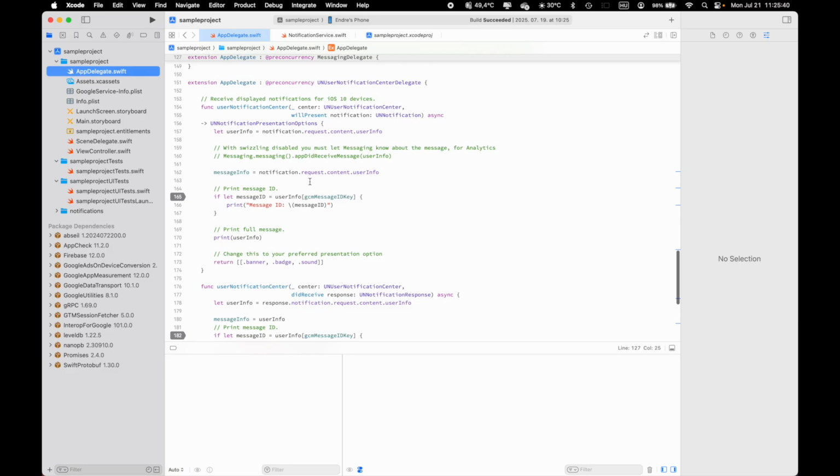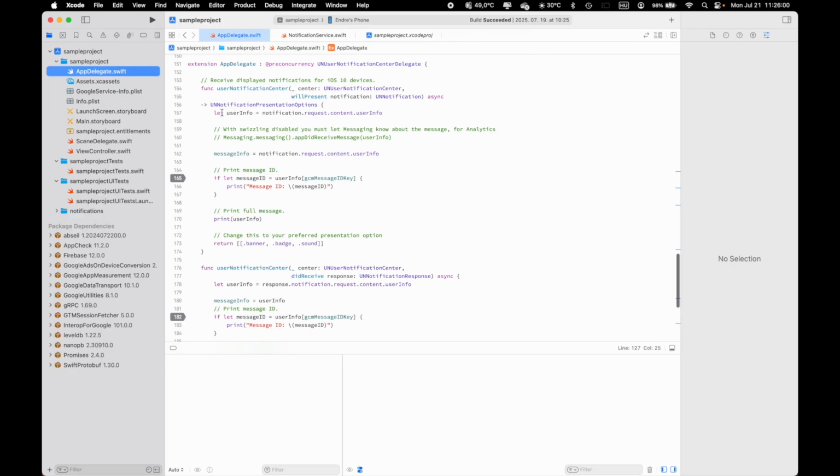Then we also need to add certain things if we want to show the messages in the application. As an extension, we can also add this UN user notification center delegate, and we need to write or override some of the functions here. For example, the user notification center will present function. We need to add